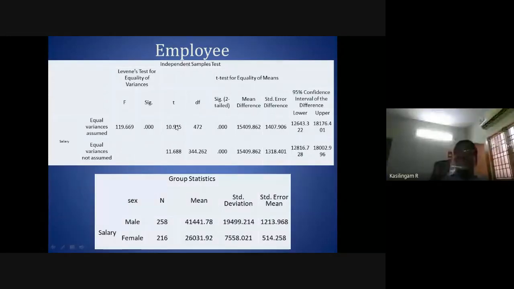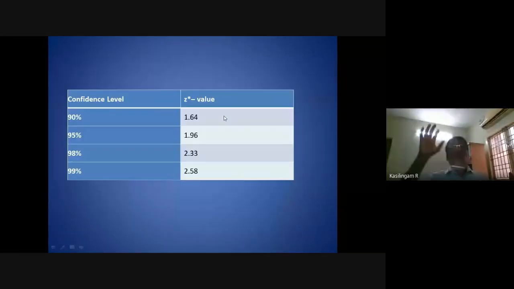So we know the t value is nothing but the mean difference divided by the standard error. Why are we dividing by the standard error? Please think it over. I will tell later, but it is not necessary now. Please understand. But now I am going to tell one thing.